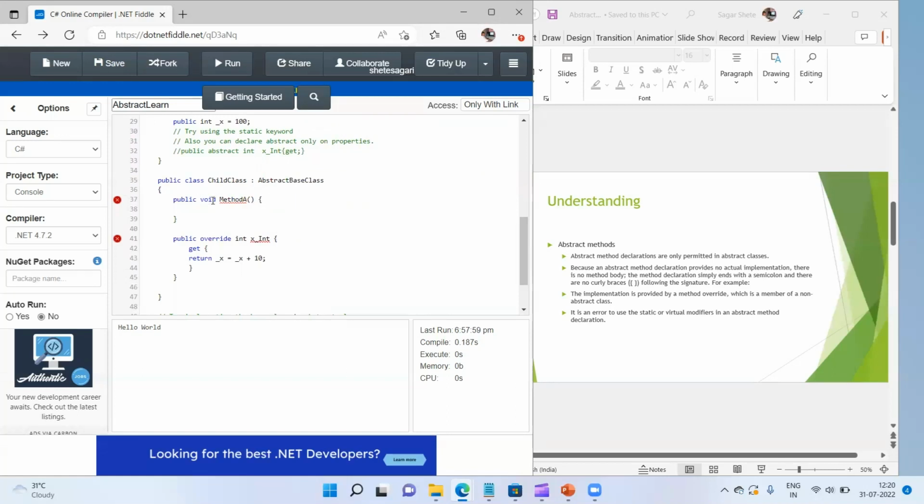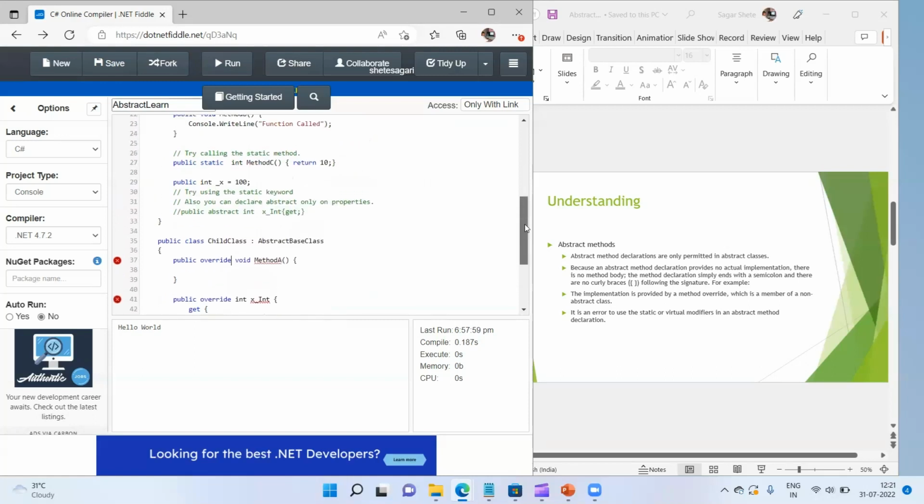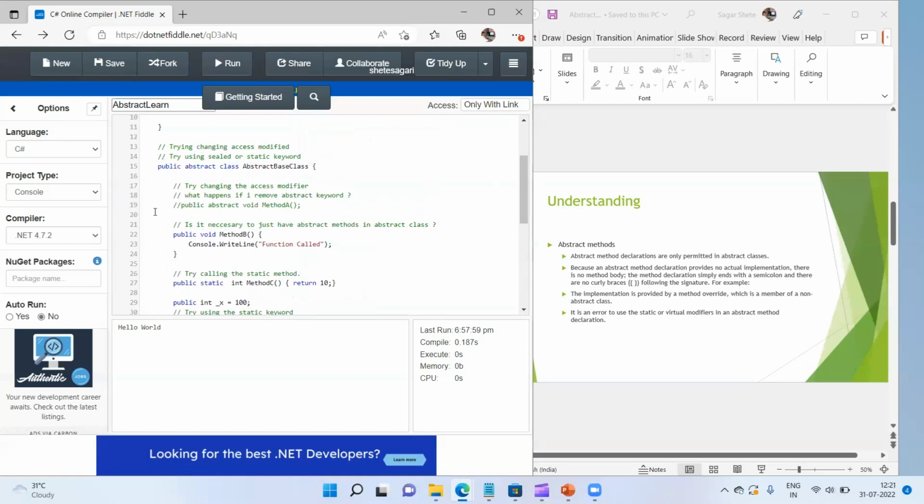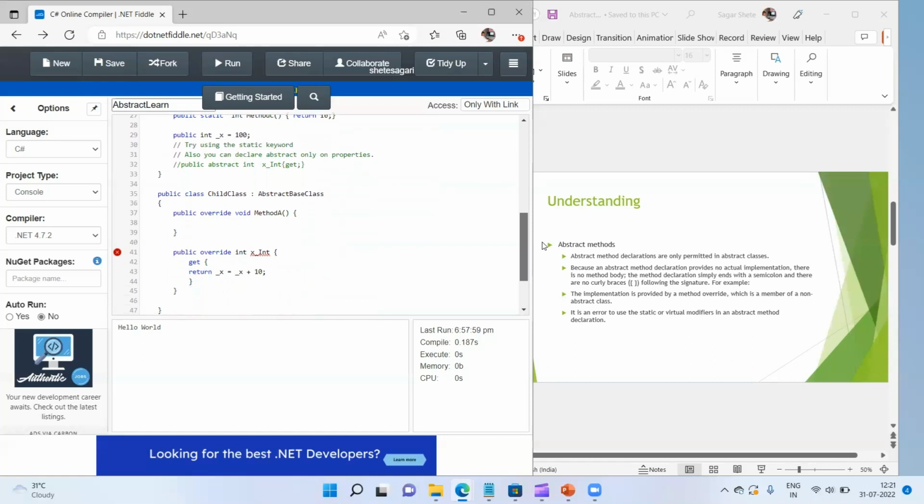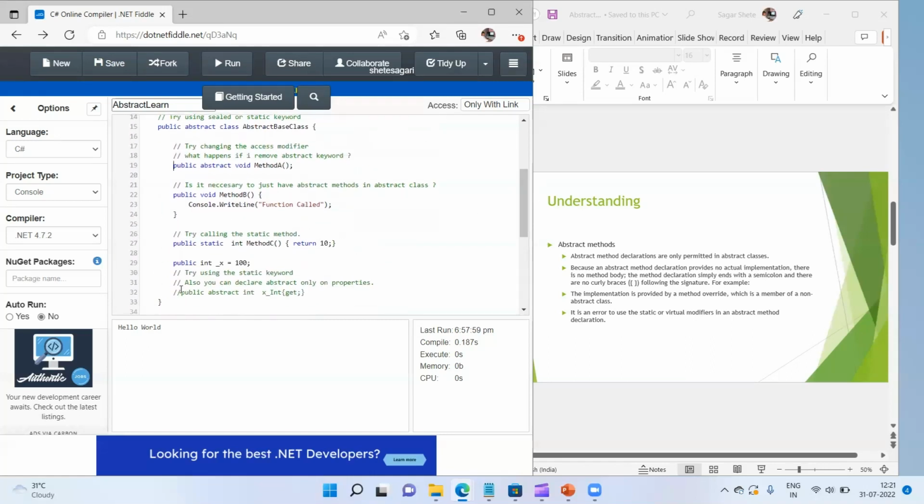So if I remove the override keyword, it should not throw me an error. That is what the error was: there is no method to be implemented with the method name. So if I have an abstract method, in that case, and the same is the case here. Okay. Now, one of the points that I wanted to highlight was